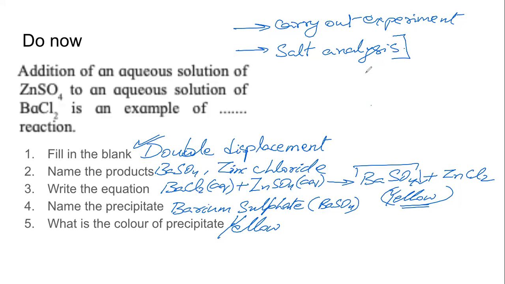If you study science in your junior college, in chemistry, you will do this experiment. This is a set of experiments where you will be given a compound in powdered form, and you will have a process, a method, a set of steps to carry out to find out what is the cation in it, what is the anion in it, that is, what is the acidic radical in it, what is the basic radical in it. And using that information, you can figure out the salt, the compound that you have.